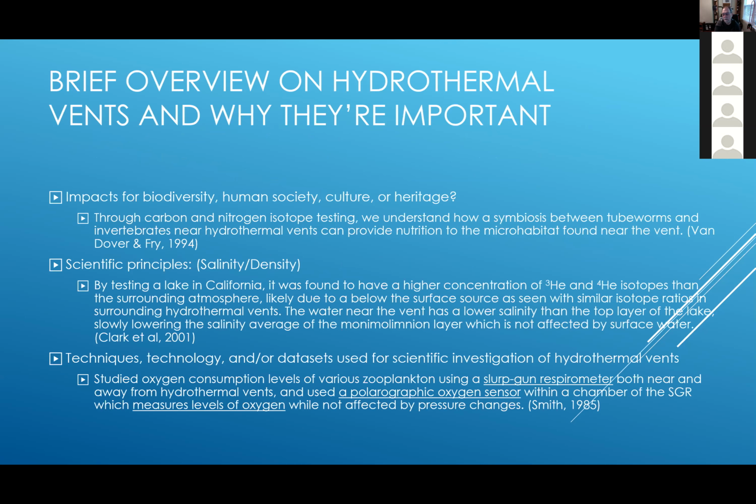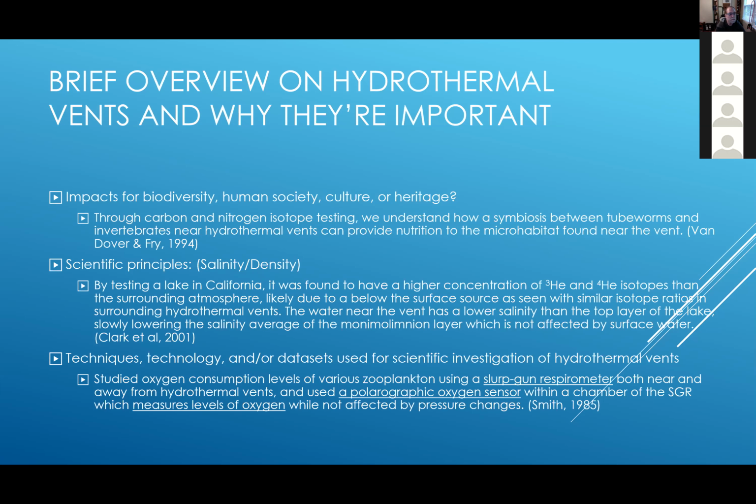made. Hydrothermal vents are important due to their potential for new discovery. Being relatively new to science and unresearched, almost everything discovered challenges our understanding of modern biology. In observing relationships between symbiotic organisms at these vents, we gain insight into biodiversity particularly. Symbiosis between tube worms and invertebrates near hydrothermal vents provides dissolved nitrogen and nutrients to the microhabitat near the vents. However, nitrogen levels within the organisms are extremely low compared to other deep sea organisms. This suggests that there may be very high levels of inorganic nitrogen surrounding the vent